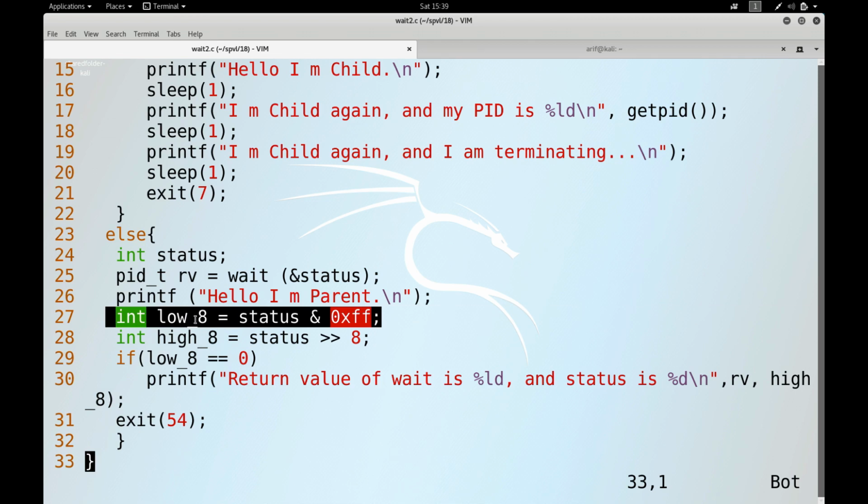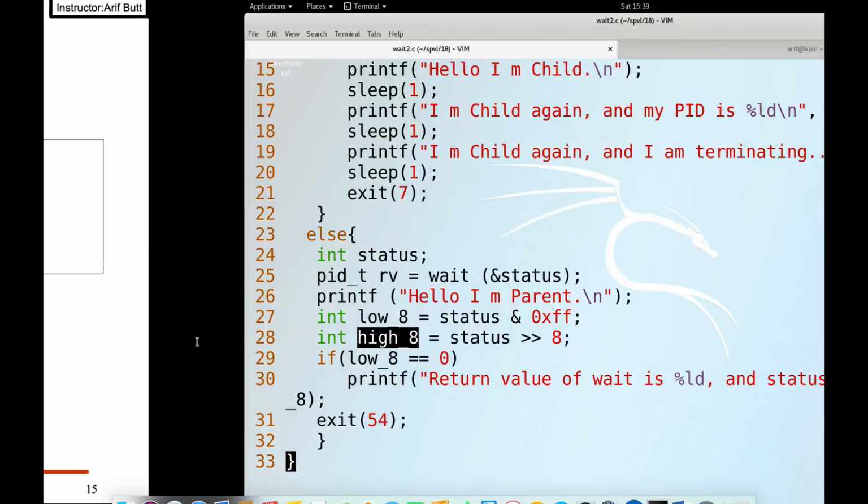Well, we are getting the lower 8 bits. I am bitwise ANDing the status argument with 8 ones, that is 0xff. So this will give me what is there in the lower 8 bits. And to get the value in the higher 8 bits, I'm right shifting the status by the value of 8. So I will get what is there in the